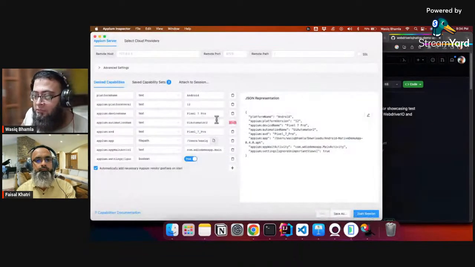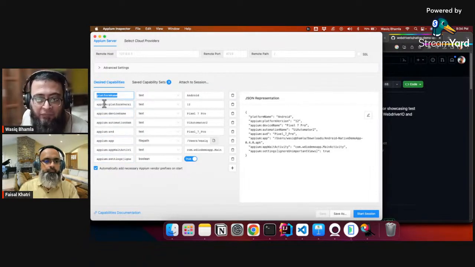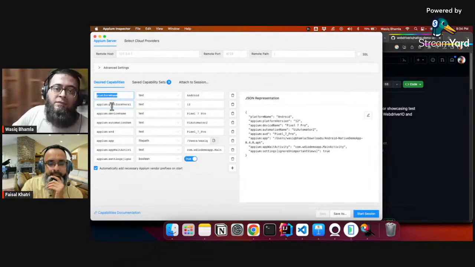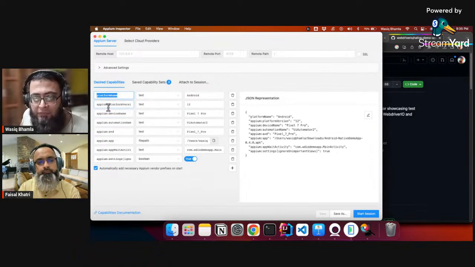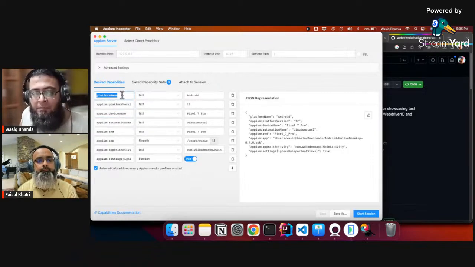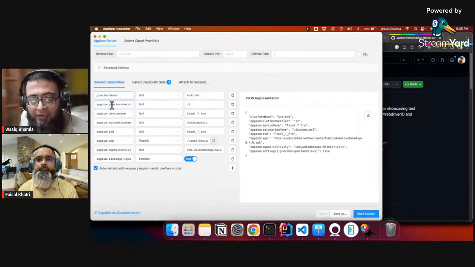Save. So now, what capabilities have I given? Let's go through it. Just the platform name. If you have noticed, all the capabilities have APM colon as a prefix, but not the platform name. This APM colon prefix is required for the W3C protocol, and only the platform name and browser name are excluded from this prefix. So here, when you add the capabilities, you can simply add the normal capability like platform name, platform version,